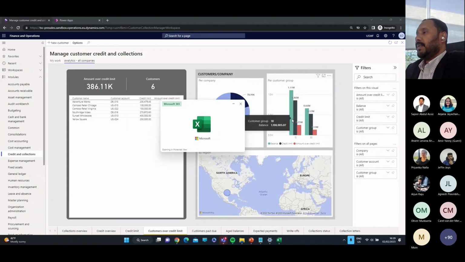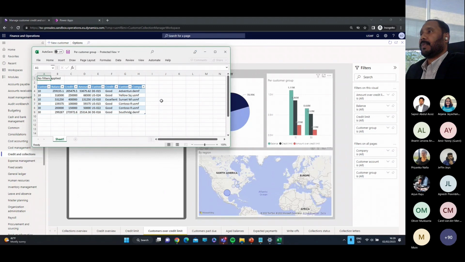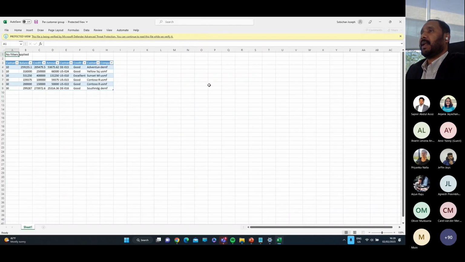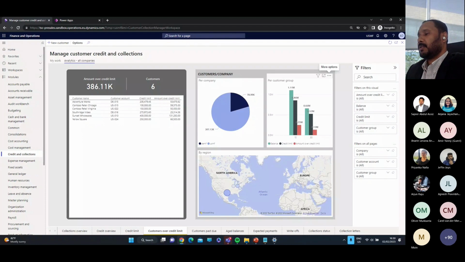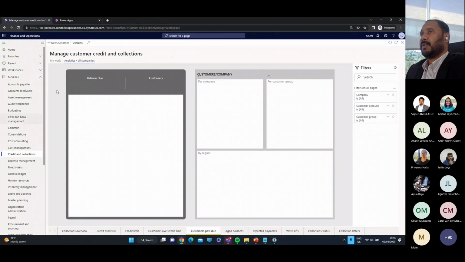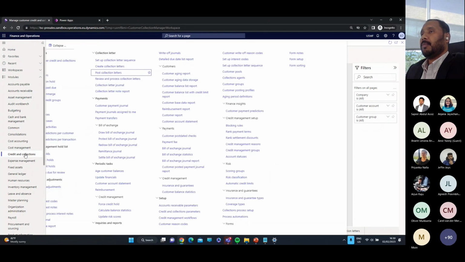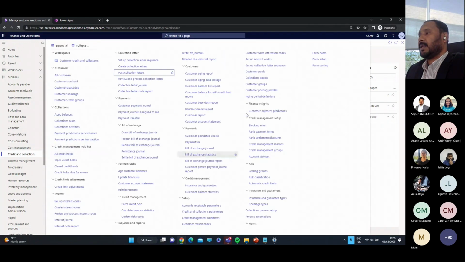So these are very intuitive dashboards, which help to make factual decisions. You can see this is the underlying data from where the data is coming for this particular graph that is opening. So we have seen all these things, and all these reports are coming from here. Now moving back to credit and collections, you can see here